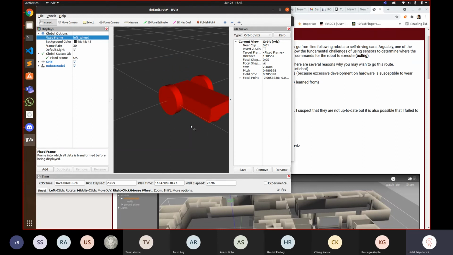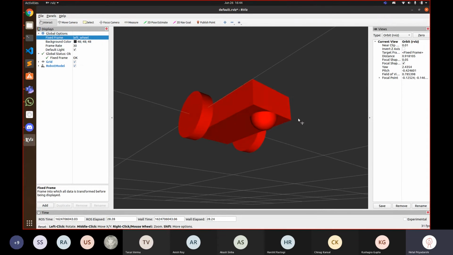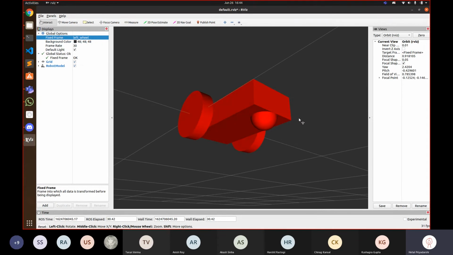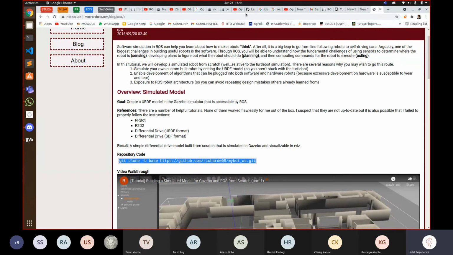Yeah. So let's just see this guy's robot. What he did, he used a cuboid body, two wheels, and that hemisphere you see is called a caster wheel. Do you guys know what a caster wheel is? If you don't know, just search it on the internet right now. I'll put the term in the chat.